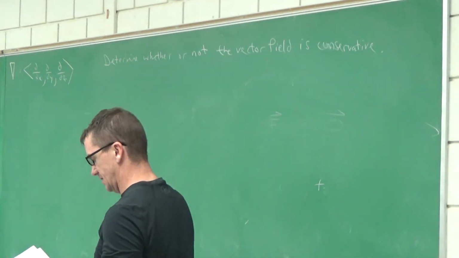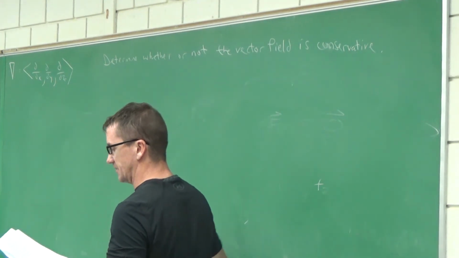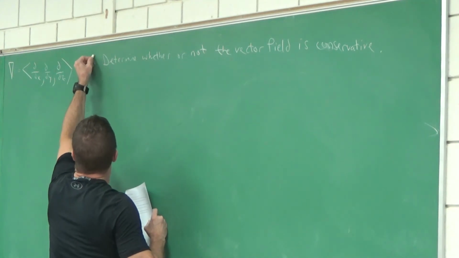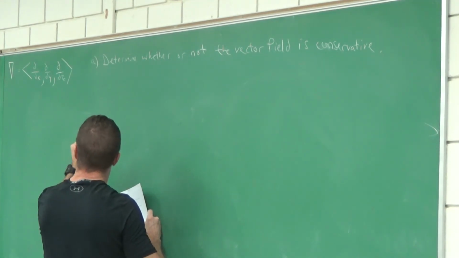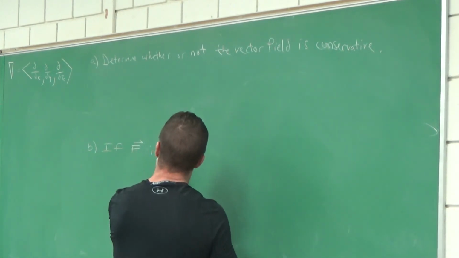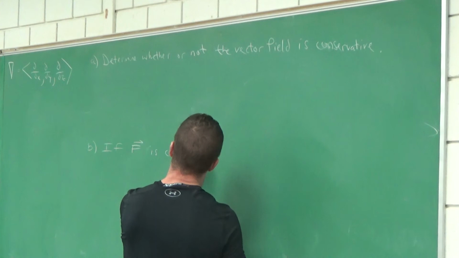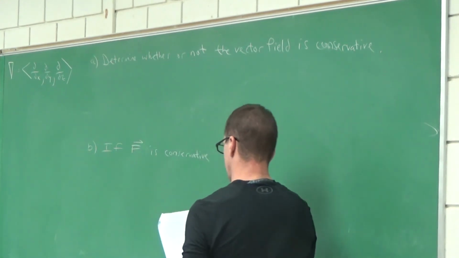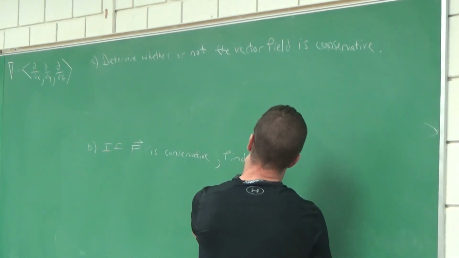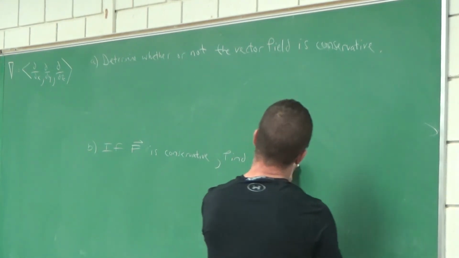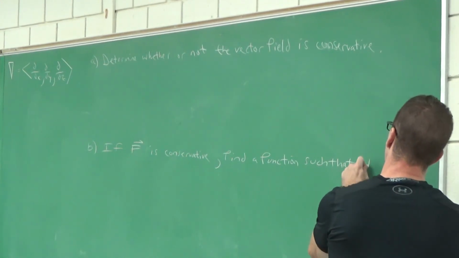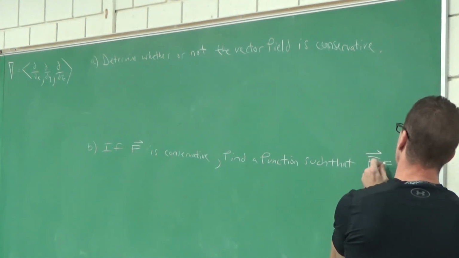Okay, we'll justify it. And as part B, if the vector field F is conservative, find a function such that F, the vector field F, is equal to del of